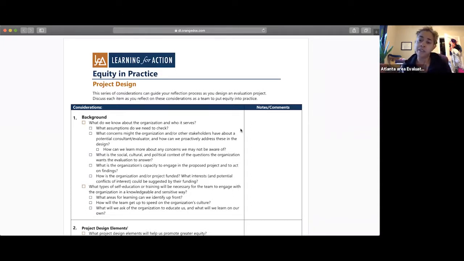These pause points have created really helpful opportunities for us to integrate these kinds of reflections and questions into our practice more regularly, more intentionally. We are continuing to develop and refine these pause points and the checklists that go with them, so it's definitely a work in progress.